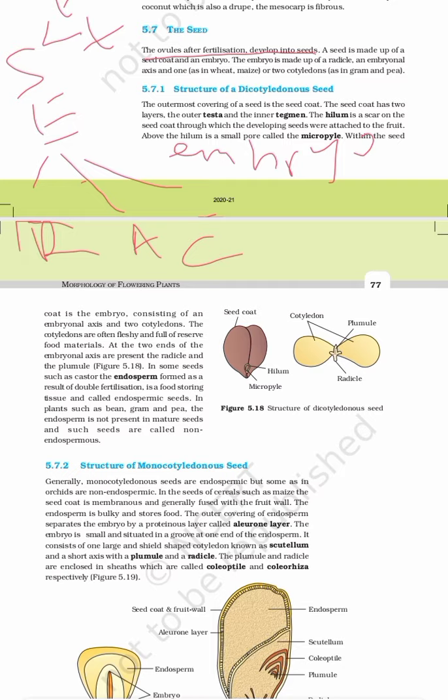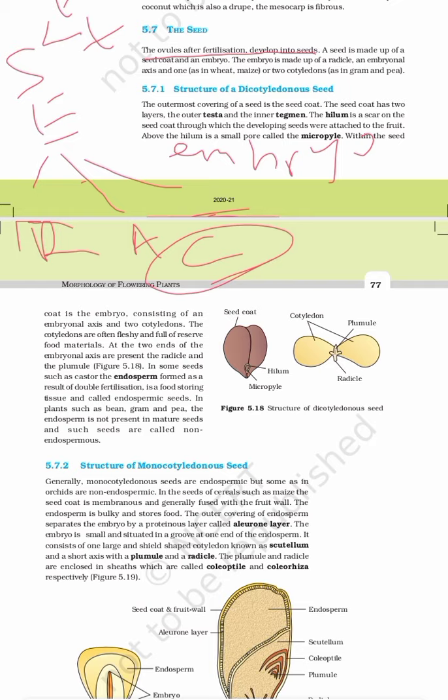Secondly, as I have told, the second part is the embryo, right? In the embryo we also have many parts. First one is the radicle. So what is the radicle? It is the part from which the root develops. Second is the embryonal axis, and the third is one or two cotyledons. You have learned in the previous standard what dicot and monocot are, that is dicotyledon and monocotyledon. It depends on this part: if two cotyledons, dicot; if one cotyledon, monocot.